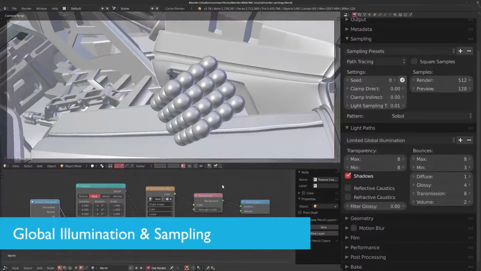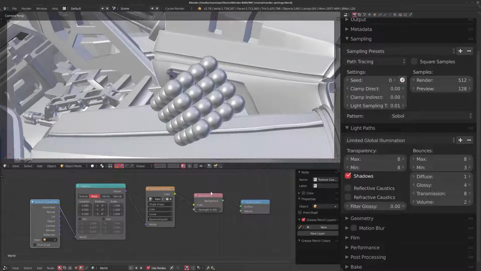In this video, I'd like to talk about some of the render settings that I generally optimize a little bit or like to tweak the most for different results. Now, I've got my render settings over on the right here, and I'm mainly going to be talking about the render settings in the sampling and light path settings.